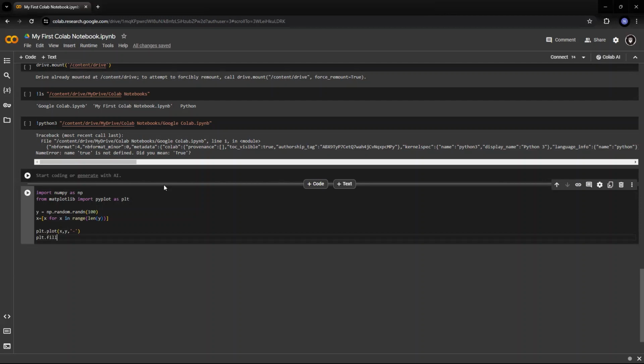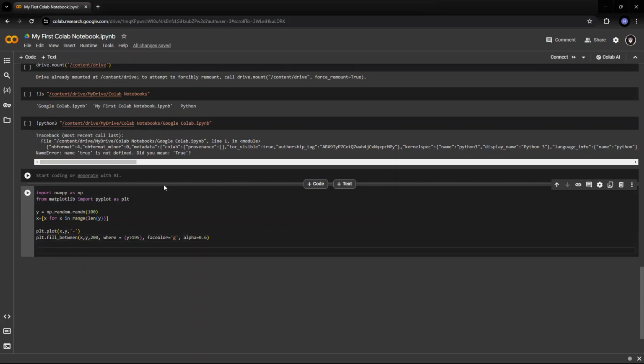plt dot fill between x comma y comma 200, and just trying to fill the gaps. Right? I will give it a color with green, 0.6, random number, and let's plot